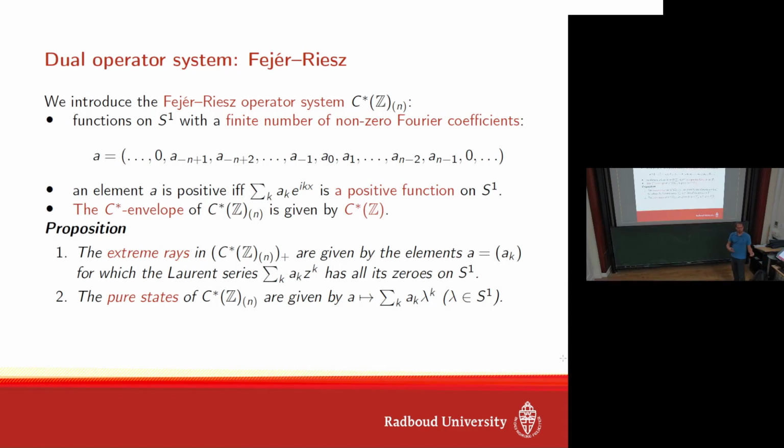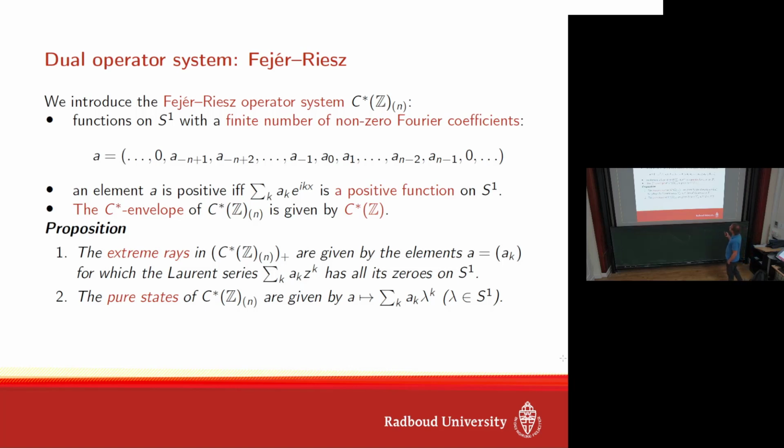And actually, we were trying to compare operator systems which look similar, find some duality or some word equivalence actually, but it just didn't work. And then we just showed that the propagation number was different, so that's rather helpful. So what is nice is that we can identify the extreme rays in here